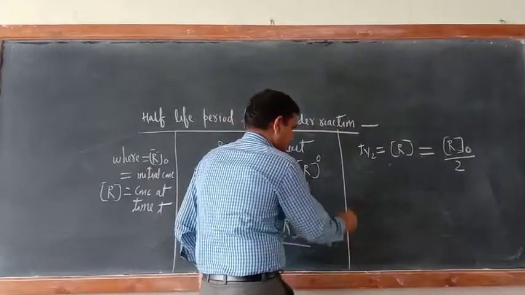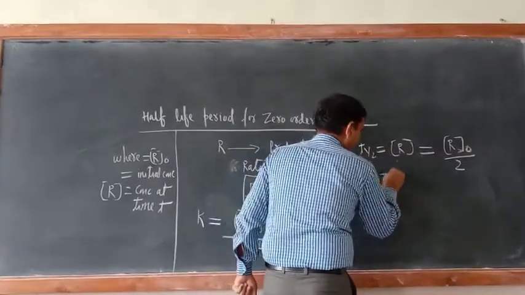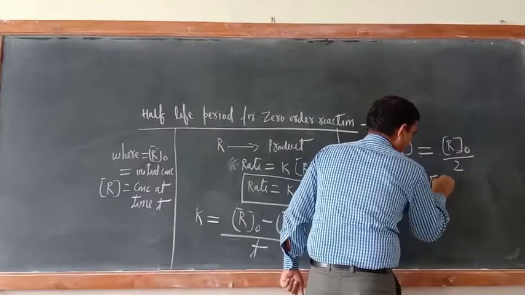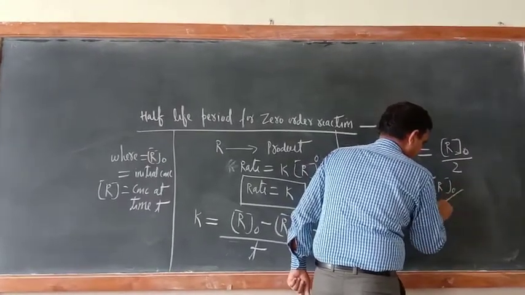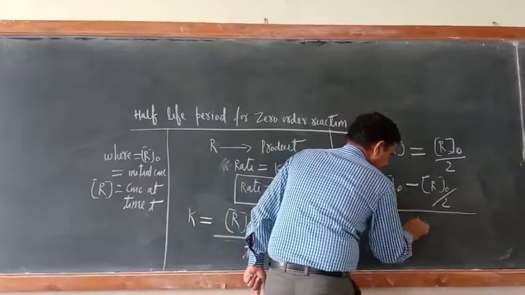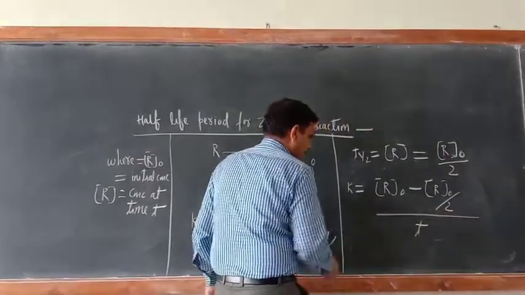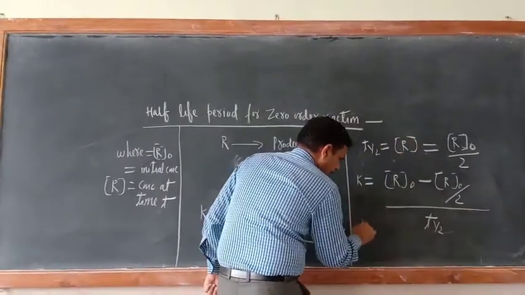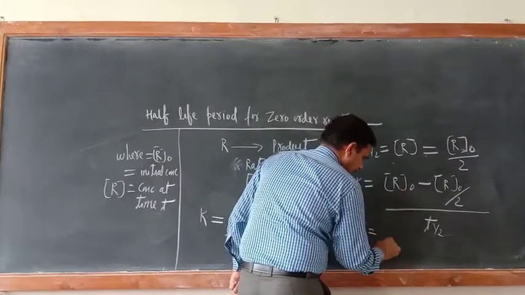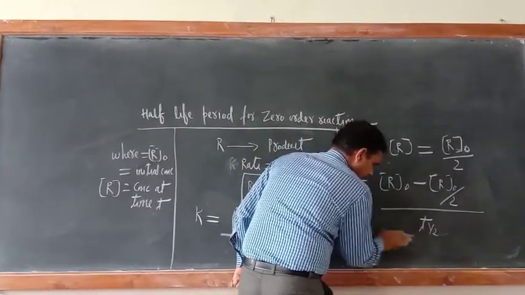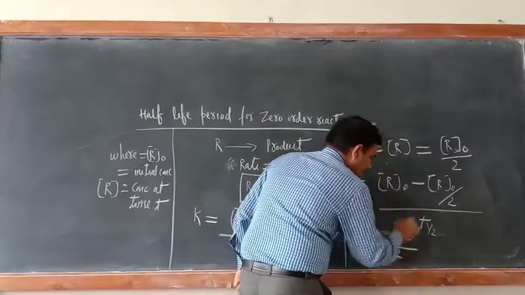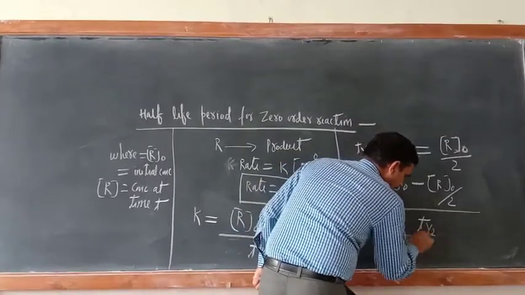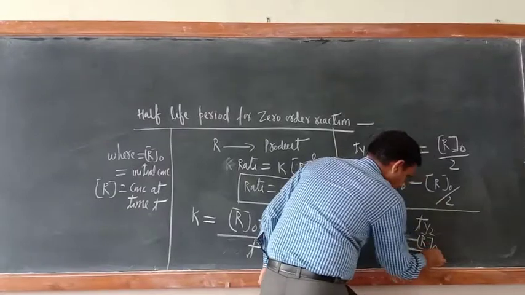Fill this value here. So k equal to R0 minus R0 by 2, divided by t half. Now k equal to, take the LCM, so LCM equal to 2. Now 2R0 minus R0, divided by